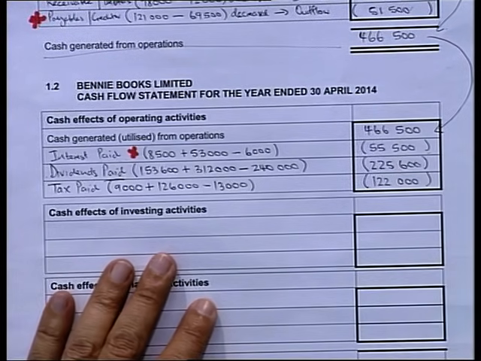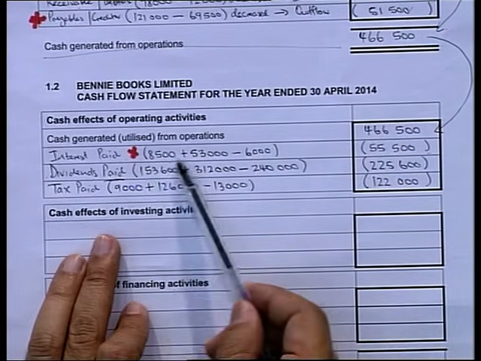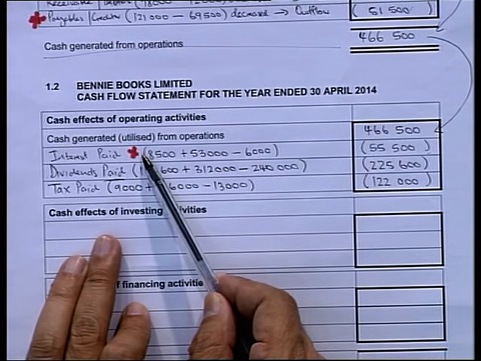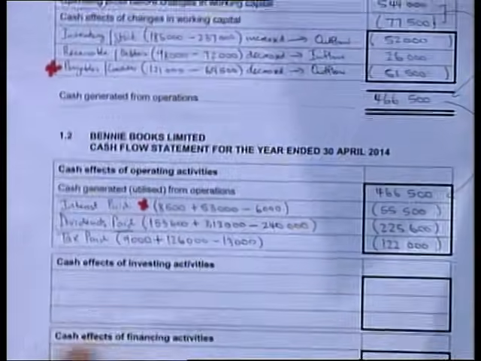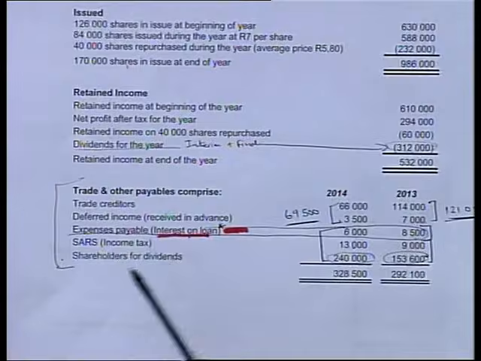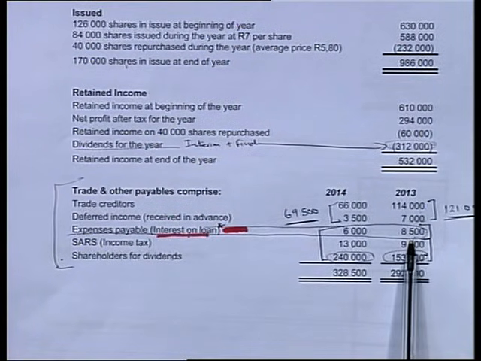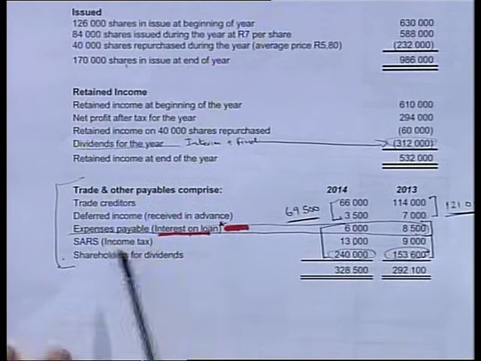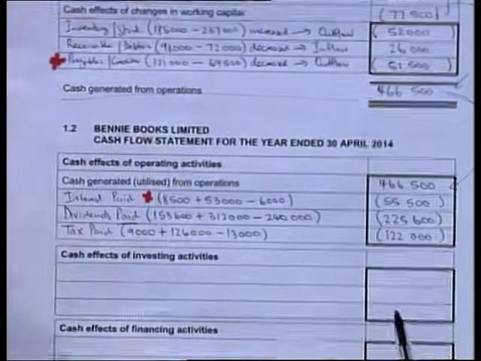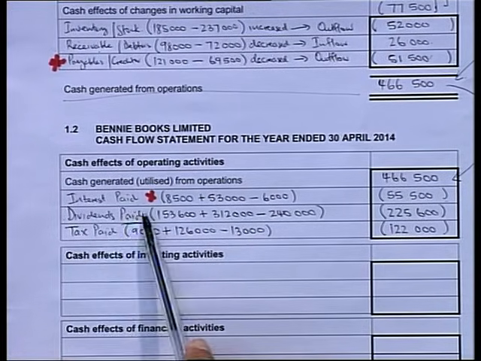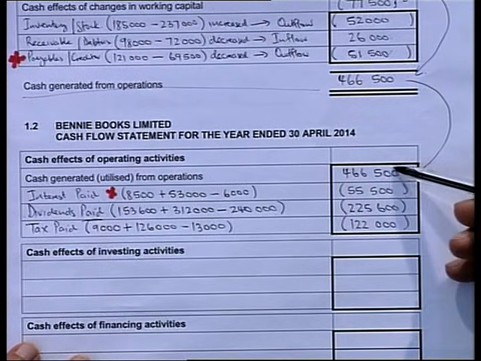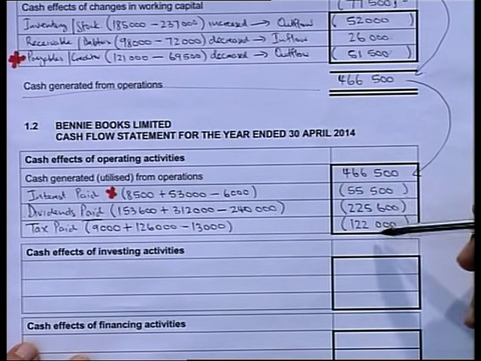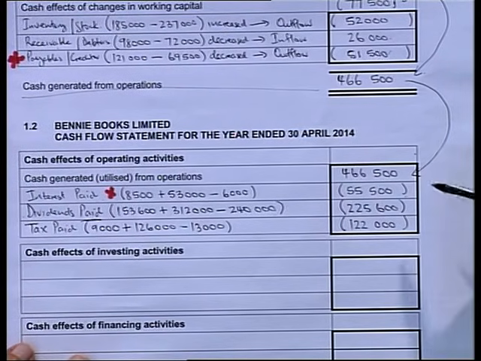So again, we have that interest paid figure not being the same as the interest expense figure because of the item under the payables. We have the shareholders over there, and we have the SARS income tax figures, and that we use to calculate the dividends and the tax paid. So all we do now, we have to offset those 4 figures that's in brackets and write the net effect on top, which is the